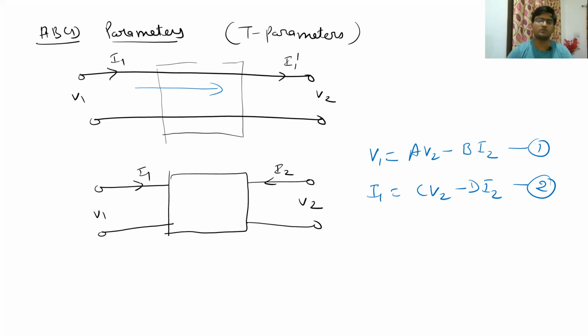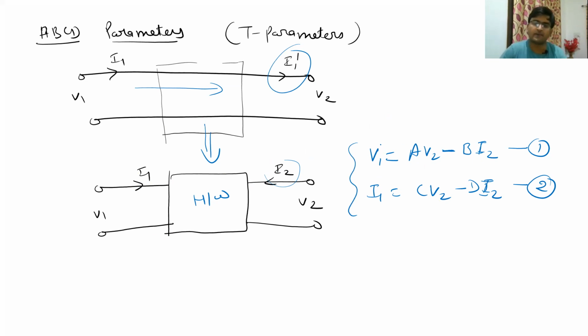But using the convention of the two-port, if we are representing this transmission line as a two-port network, then we have to take this current I2 as inside. To make the correction for the transmission line, since this I2 is actually going outside, I have taken this negative sign in the equation. Wherever I2 is there, we have taken it as minus I2, because we have taken the I2 direction as inside. Since the ABCD parameter is used for defining transmission lines, the currents I1 and I2 should be in the same direction. That's why this negative sign comes in the equation which defines ABCD parameters.